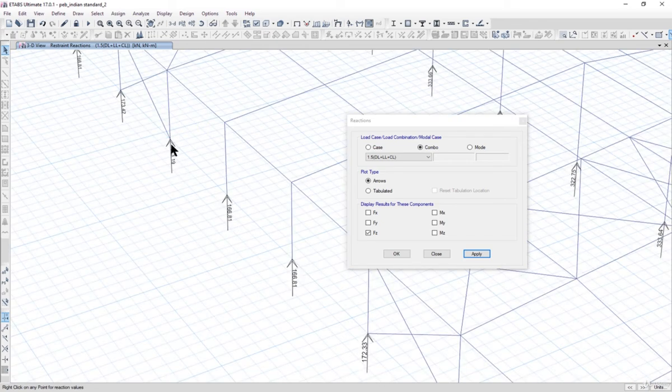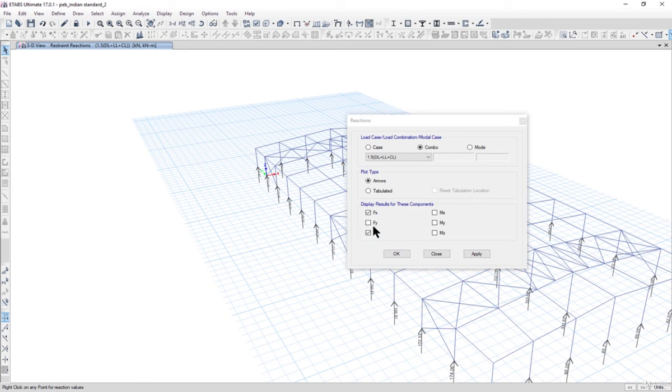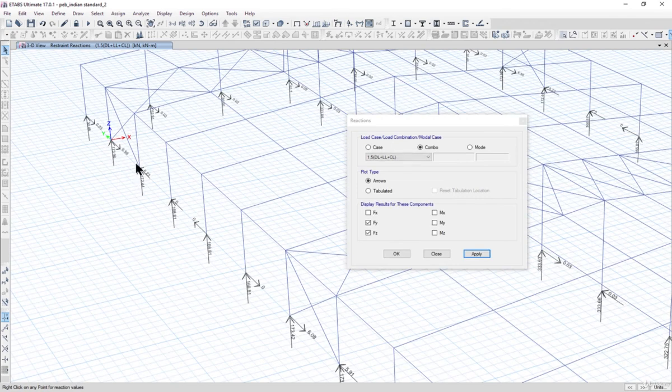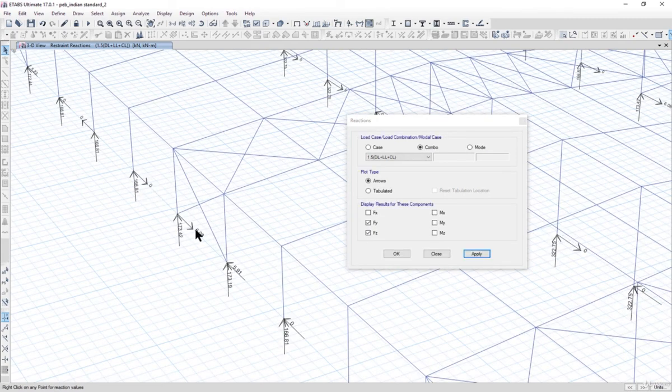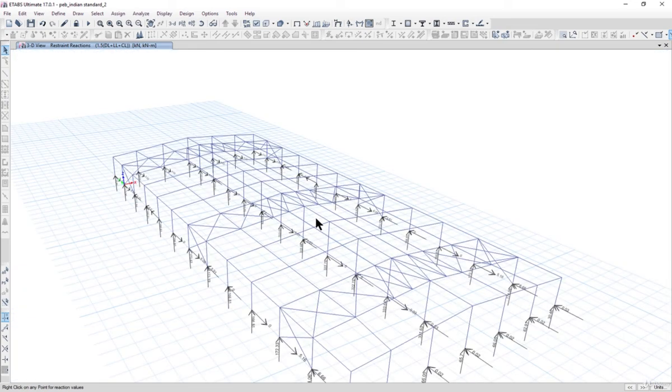Here it is somewhat more, and if we will click on this Fy also, so here you can see that wherever there is bracing, there is some amount of horizontal reaction here, but wherever there is no bracing, it is showing as 0. So for example, it is showing 0 here and then again 6.08 kilonewton here. Reaction will always act opposite to the load.